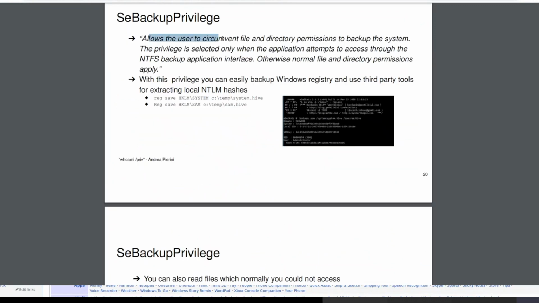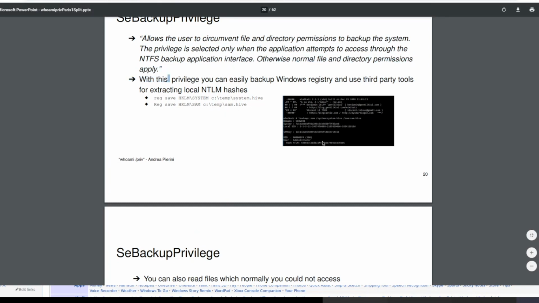This allows the user to circumvent file and directory permissions to back up the system. The privilege is selected only when the application attempts to access through the NTFS backup application interface. Otherwise, the normal file and directory permissions apply. So with this privilege, you can easily back up the Windows registry and use third-party tools for extracting local NTLM hashes. Basically what it says is, with the backup privilege,